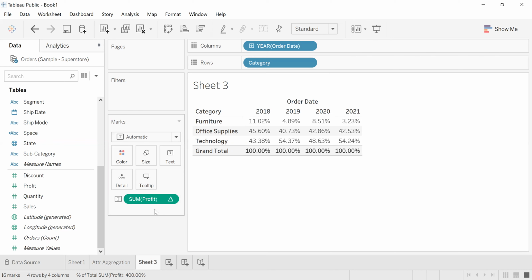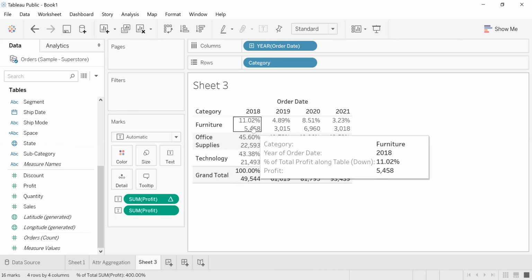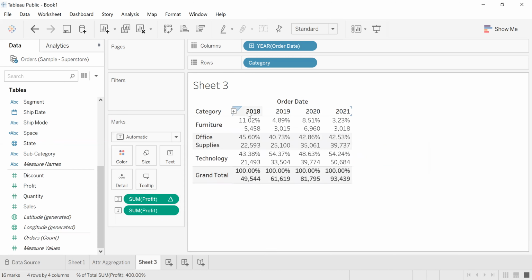Right now it is partitioning my data for each value of furniture and total values of 2018, and then the direction. The direction in which we move, the partitioning happens accordingly. So let me share one graph, then you can understand.